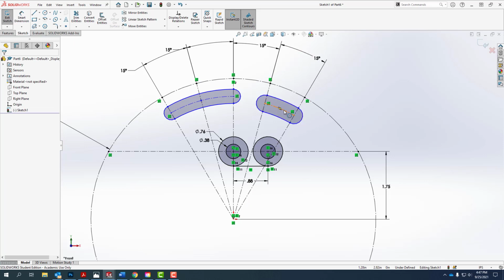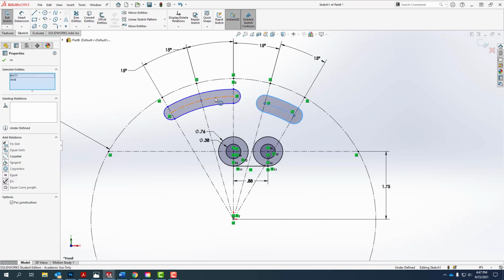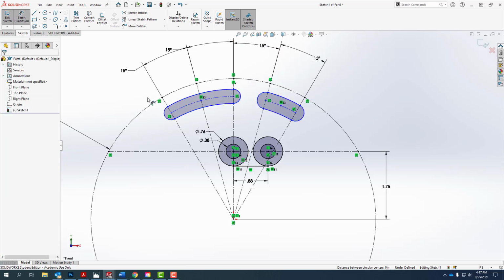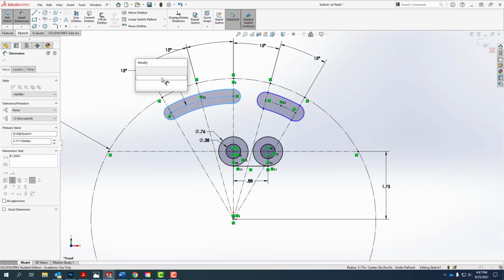So I'm going to go here, select here, that center line and this center line, and make those equal to each other. You see that there's one that would make the slots equal, but this isn't possible because the angle is different. So I'll make their radiuses equal. Go to my Smart Dimension. This has a radius of 3.25,